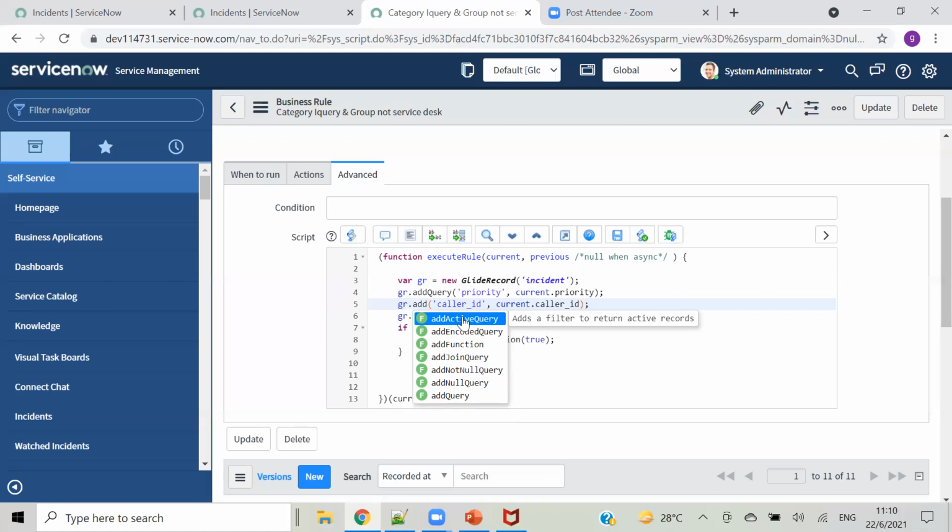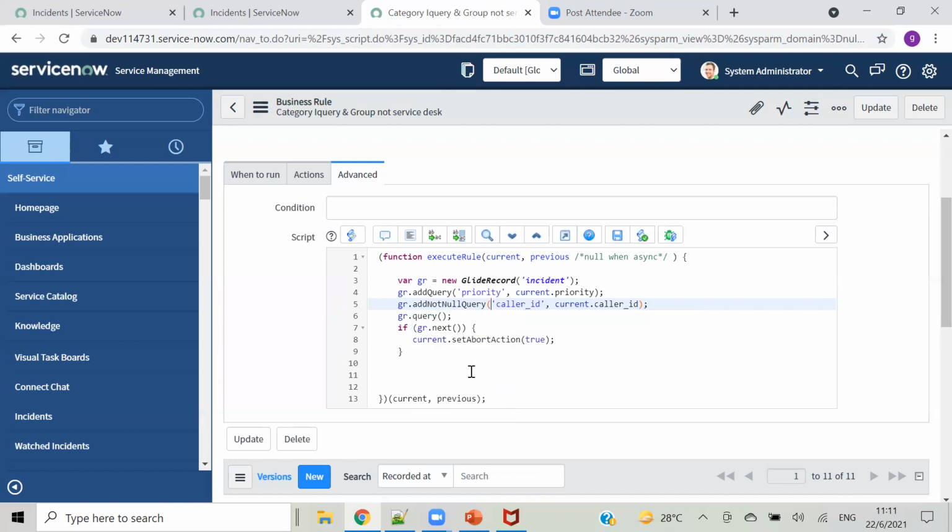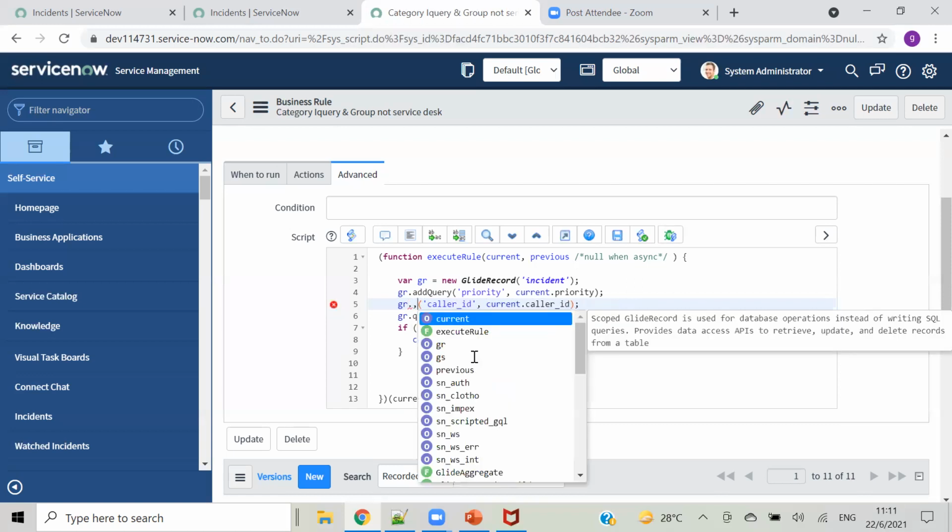What it will do? It will filter only records which are active. Then we have encoded query. Encoded query is separate, we can see that in detail. Then not null, like where the caller field is not null, it will filter only those records. So we have many options, and we will see that while working on glide record.